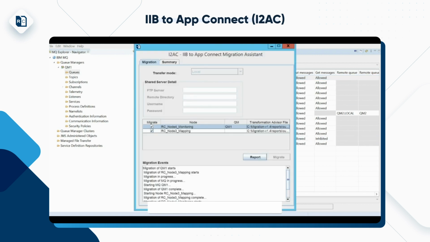So using I2AC, it's pretty much easy now for us to manage our IIB environment into the new App Connect with specific queue managers as a dependency, and you will have an option to iteratively migrate one node or different nodes or different environments to give a confidence that everything is running fine. Because using this application, you don't have to manage the dependencies, you don't have to recreate the configuration. Even HTTP ports will be exactly the same as we have in the source systems. All you need to do is change the IP and DNS with the new system, and we are good to go.